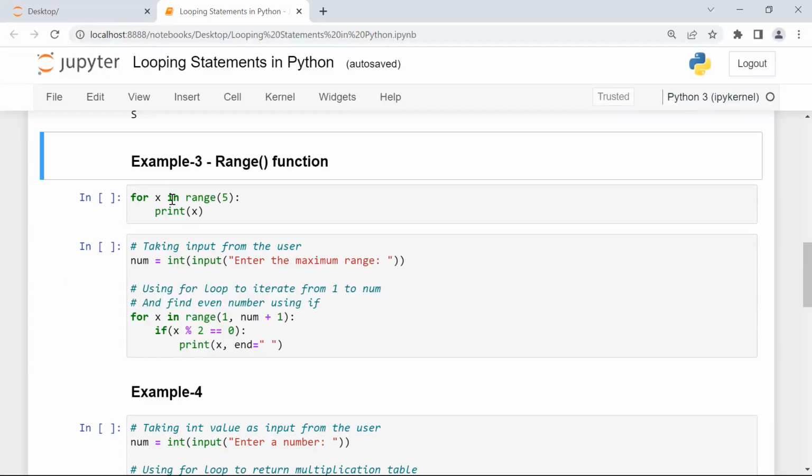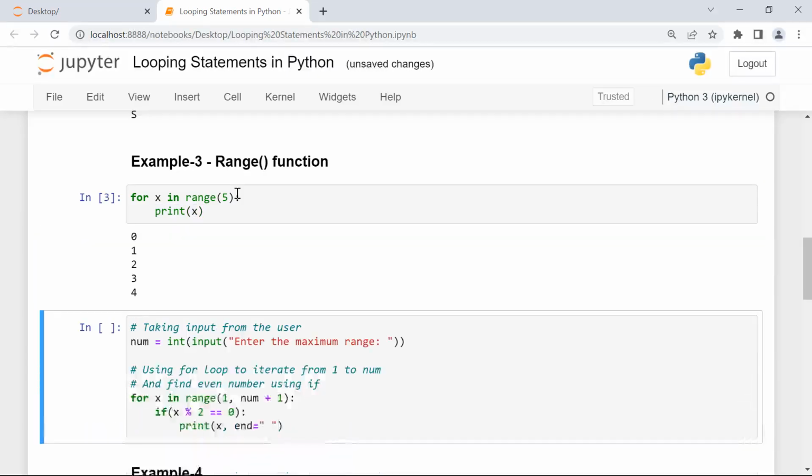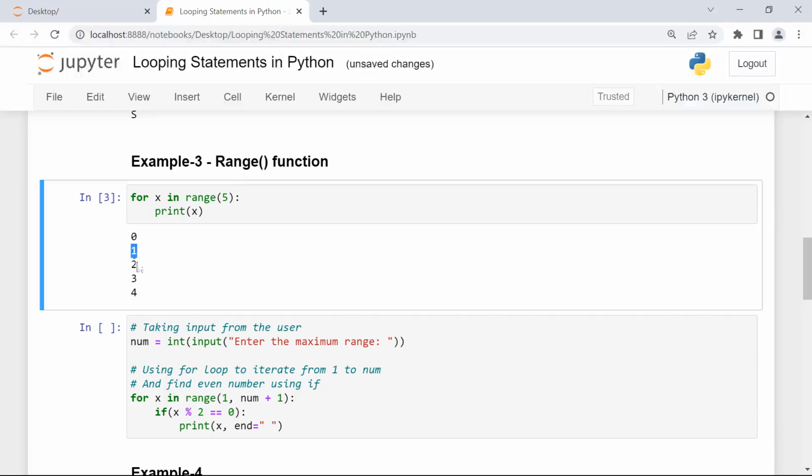Here you can see we are using a for loop. So for x is our looping variable, and we have specified the in keyword, and then we are using this range function, and in this range function we have specified only 5 as an argument. When we specify only one argument, it will be taken as the end parameter. So our start is by default 0 and our end will be 5, and the value of the step parameter will be automatically 1, and then we are simply printing out each number in the given range using this print function. If I execute this cell, you can see it starts from 0, then 1, 2, 3,